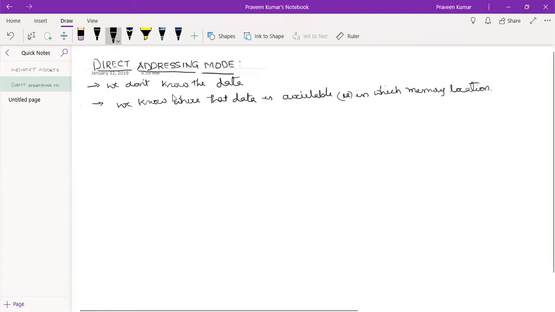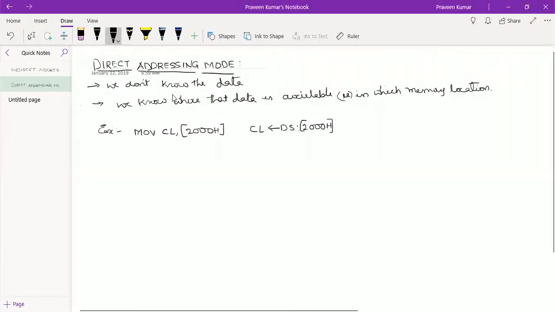So now, rather than giving the data directly in the instruction, we will be trying to give the address, and the processor has to fetch the data from that particular address. So we'll go on discussing it with an example. That example is: move into CL the data available in 2000H location. What it means is CL will get the data which is available in the data segment offset address, that is